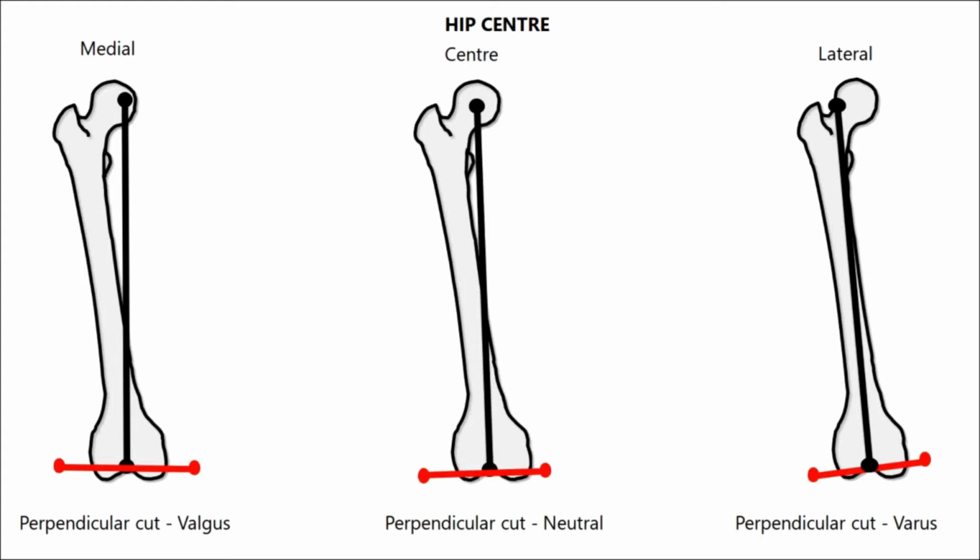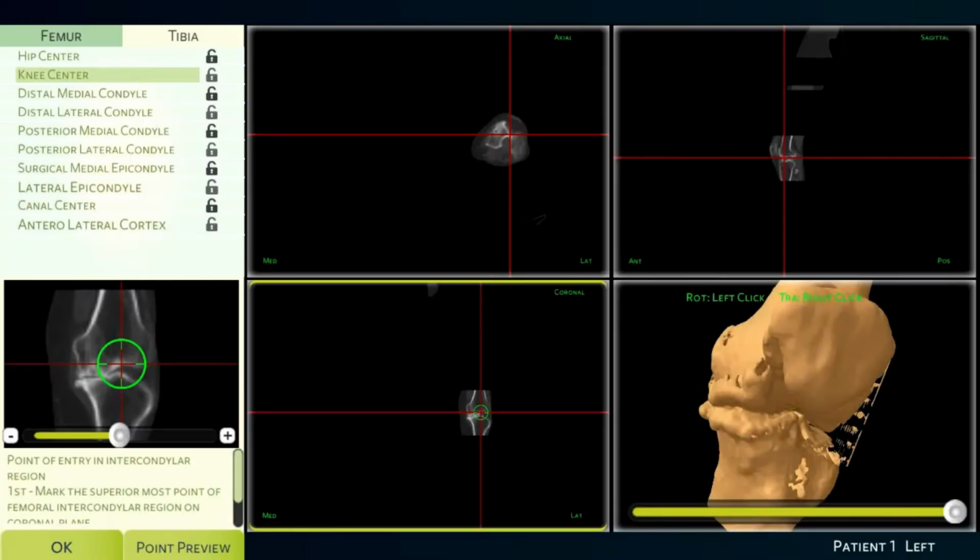As the femur is long, that is an average of 500 millimeters, the error of up to 5 millimeters would not lead to any major distortion in the mechanical axis. The knee center. This landmark is used to define the knee center, which is the center of the femoral condyles. The mechanical axis of the femur is drawn between the hip center and the knee center. The place where the awl is used to enter the distal femoral intramedullary canal in conventional TKR represents this landmark.